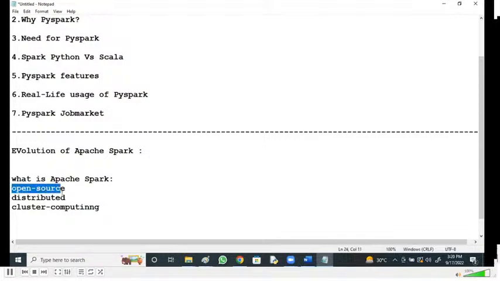It is a general engine for big data analysis, processing and computation.